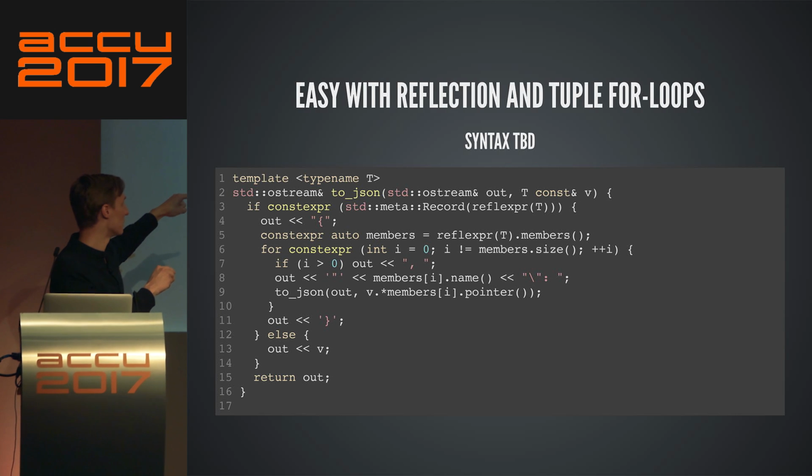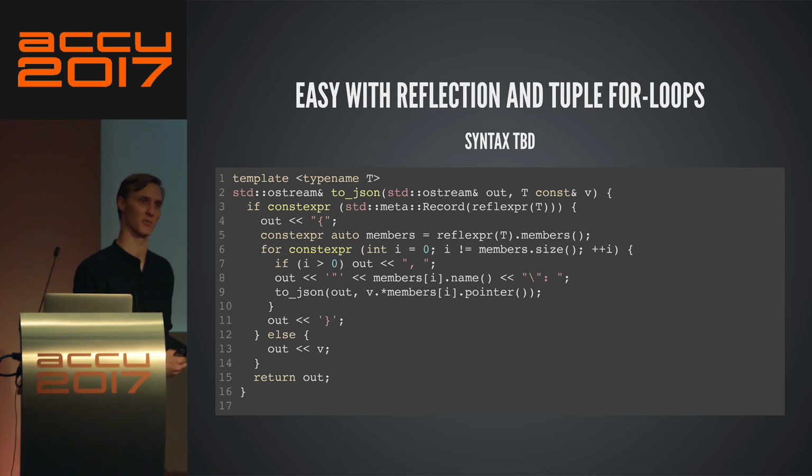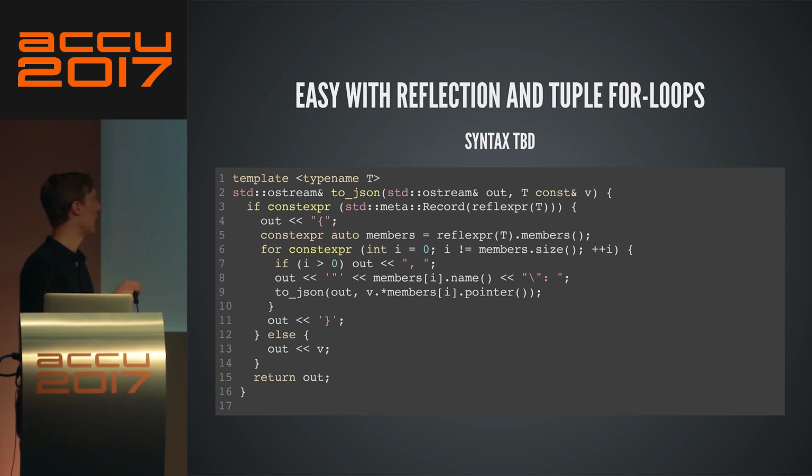And the interesting part is that each element of the members here has a different type, because maybe you have a member that's an int, maybe you have a member that's a float, and whatever. So you have a member data pointer to an int, and then that to a float, and so on, which are different types, right? So they need to have a different representation. And then you just output each of the members, right? And that's it. So these are the kind of things that we're thinking about. So more static control flow, essentially.